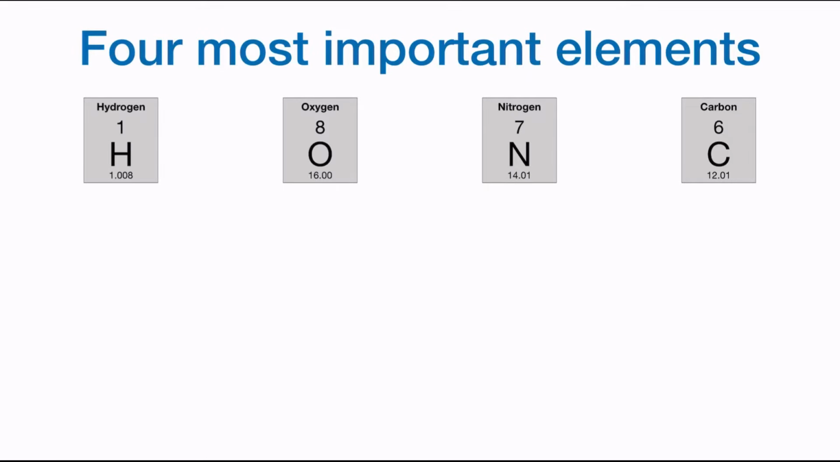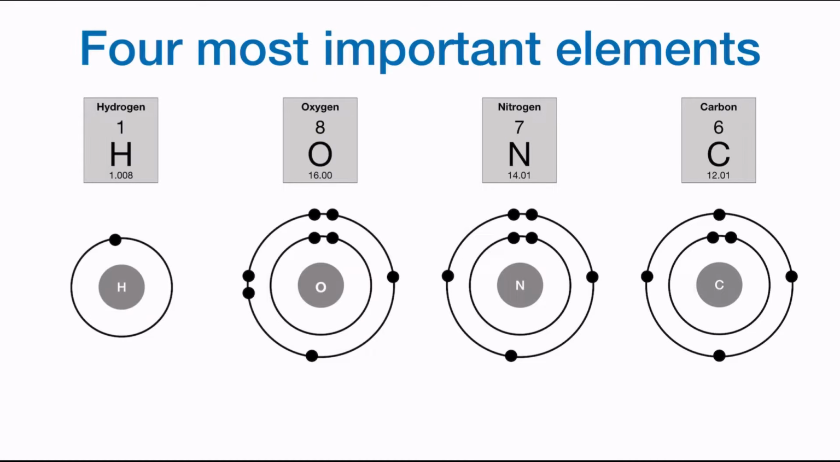First, let's recall that we have 4 favorite elements as biologists. These make up over 96% of living cells: hydrogen, oxygen, nitrogen, and carbon. Here are the Bohr models of these elements. Notice that none of them has a full outer shell, which means that they want to form chemical bonds with other atoms. And covalent bonding is going to be the most important way that they can do that